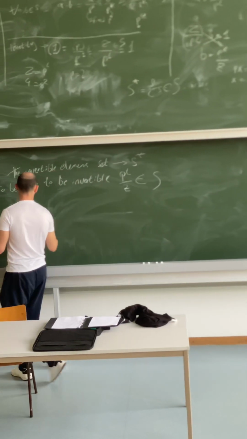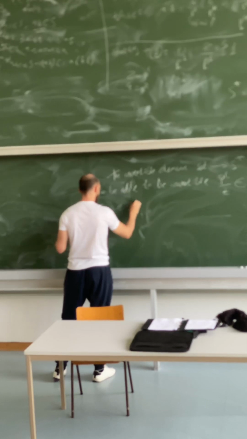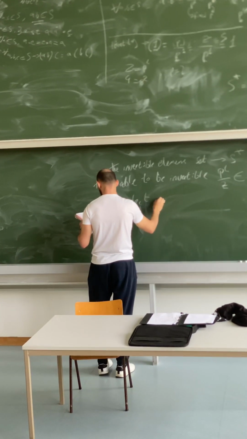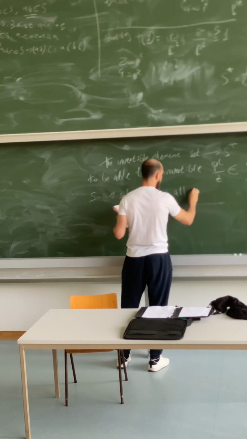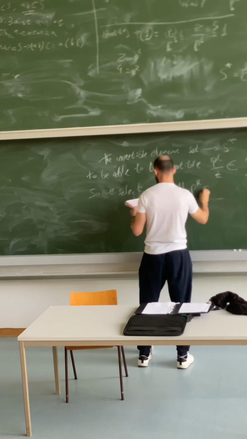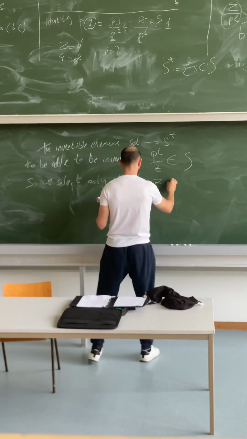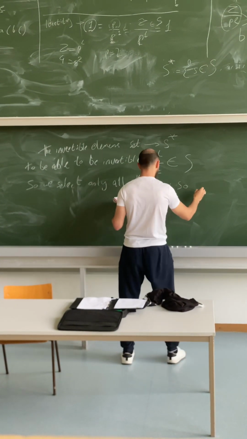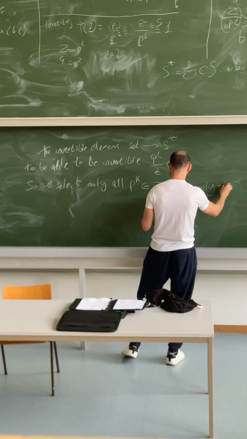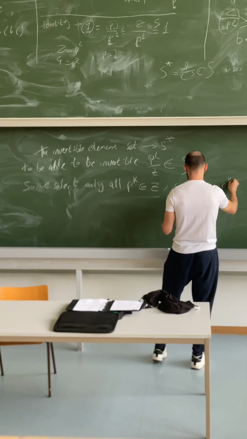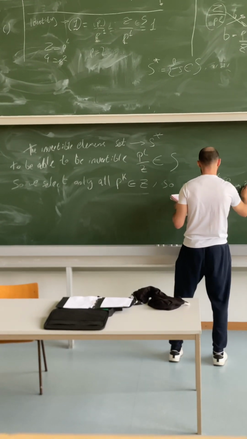So we select only all p^k that belongs to Z. No, wait. That's not a correct notation. What does element of Z mean? Okay, I will say all the